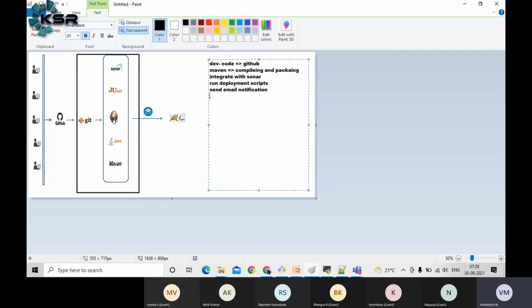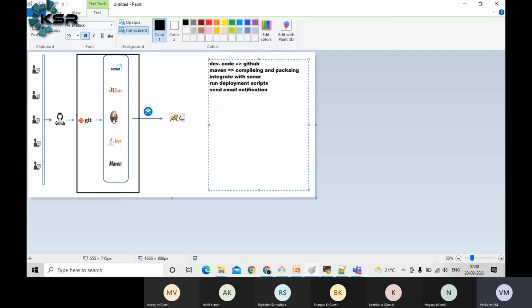Okay, so these are all steps, guys. So just imagine, if you do it manually, how much time it will take. If it's a single project, you can do it. But when you have 20 to 30 projects, that will be tough to handle. So many microservices, doing the manual compilation and all this part. So that's why we're using Jenkins, guys.